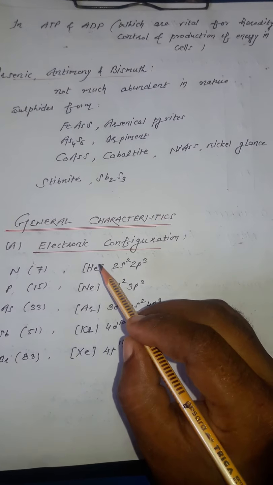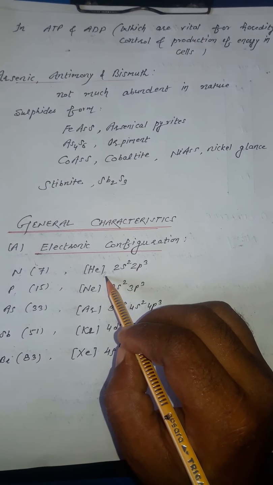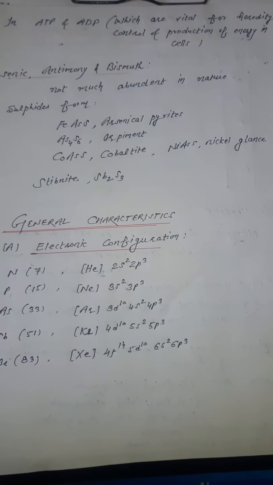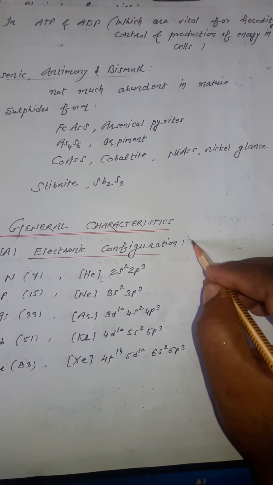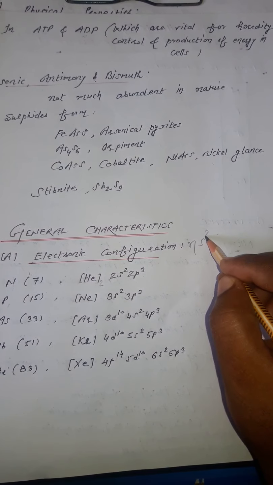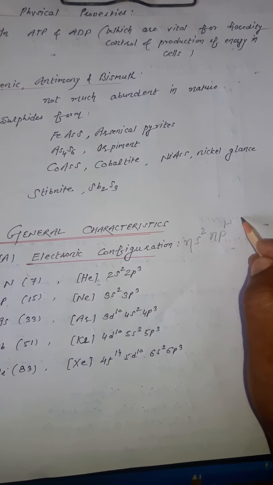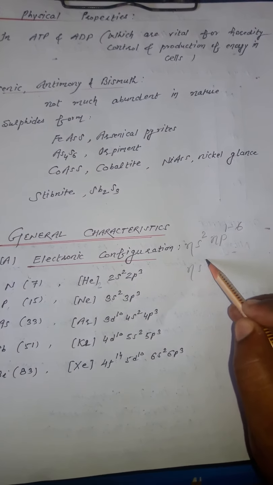Like helium, which has atomic number 2. Up to 2, the helium noble gas core is filled, and after that 5 electrons will fill in 2s2 2p3. As you know, the general electronic configuration of p block elements is ns2 np1 to 6, and for group 15 it is ns2